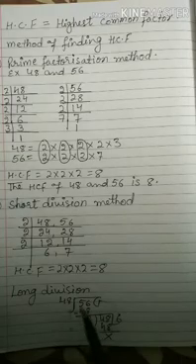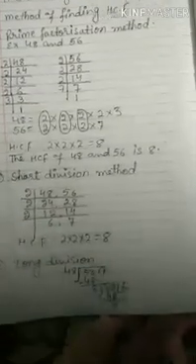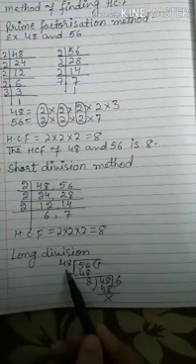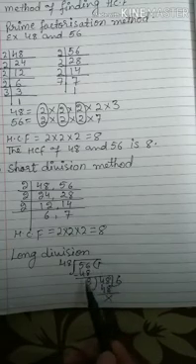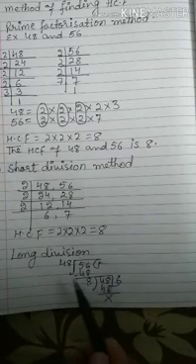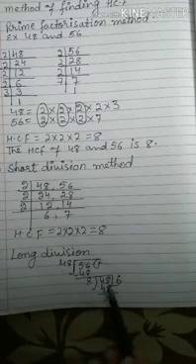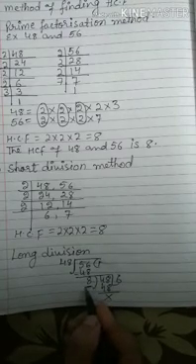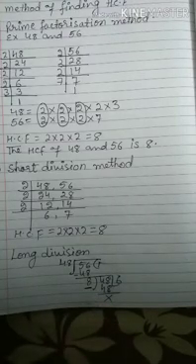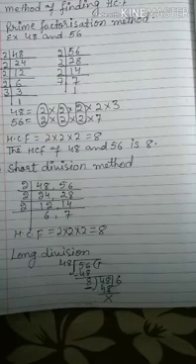In the long division method, we take 48, the smaller number, as the divisor and we divide 56. 1 time 48, minus, leaves 8. Then we take 8 as the divisor and divide 48: 6 times 8 is 48, remainder 0. 8 is the HCF of 48 and 56. You can do the exercise in your notebook.